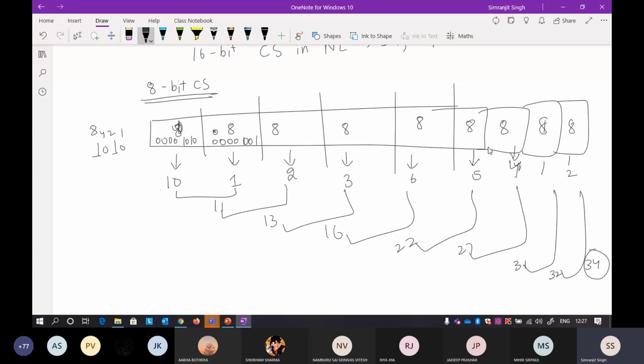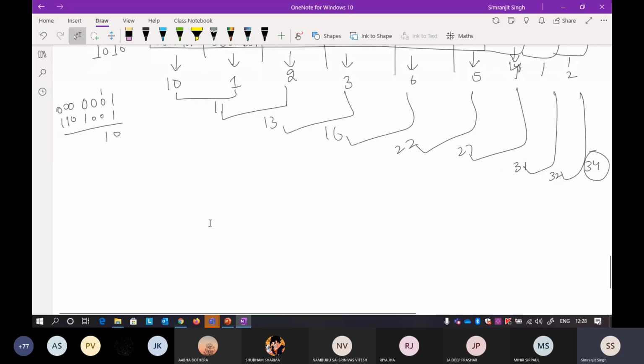The sum of all the numbers will be arranged in binary format, so you have to do a binary addition. Suppose 1 is present here, then you have to do calculations like this with whichever number is present. So you will add something like 110, and you are just adding the numbers. I'm just assuming that here the number 10 is present, and here 1, 2, 3, 4, everything is there.